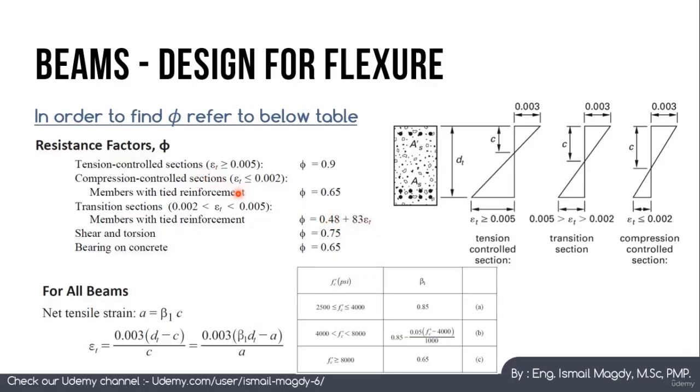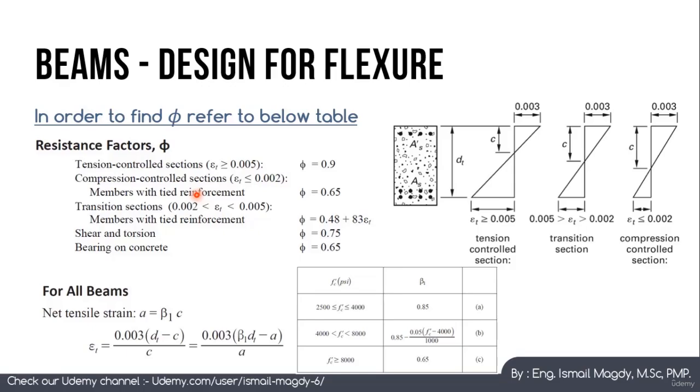So how do we know if a section is tension controlled or compression controlled, and what is actually the meaning of this? If a section is tension controlled, this means that the steel is going to fail first before the concrete. If a section is compression controlled, the concrete is going to fail before the steel. In columns, for example, most are mainly axially loaded by compression, so they are compression controlled sections. For beams, we want the beam to be tension controlled, because a tension controlled section is safer